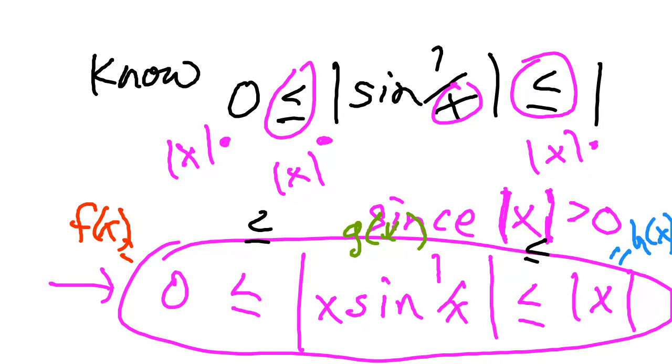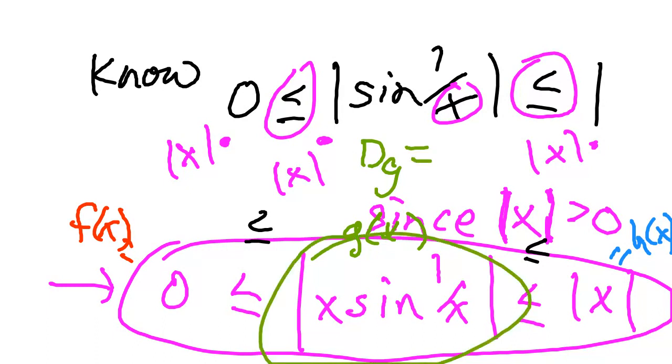And so, what do I know? I'm defined on some open interval around 0 for this function. The domain of g, the middle one, is all reals excluding 0. Well, negative infinity to not including 0, union not including 0 to infinity, is some open interval containing a except possibly a itself. Here a is 0, because that's the limit we're approaching as x approaches 0. So what do we know? By the squeeze theorem,